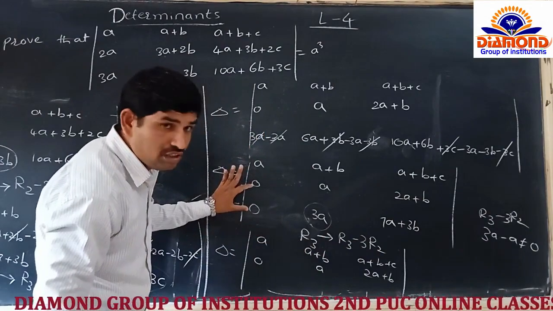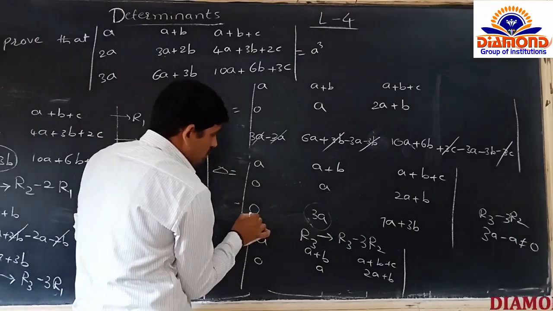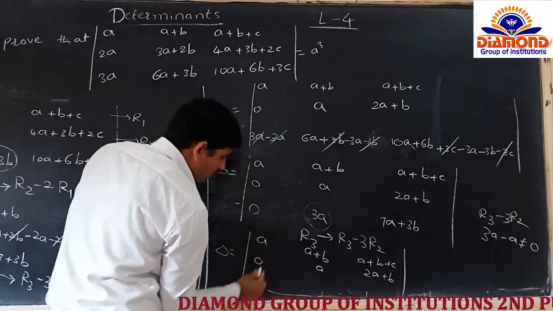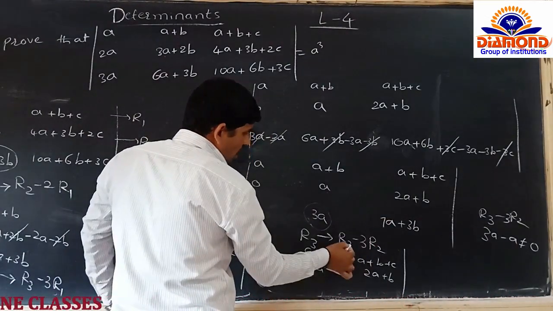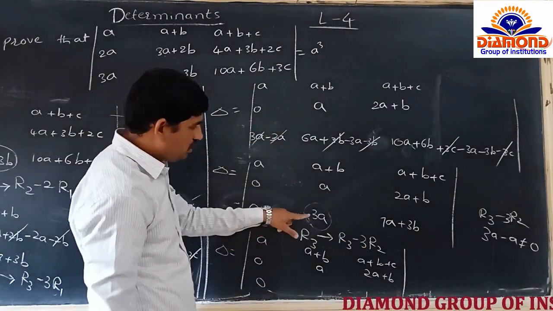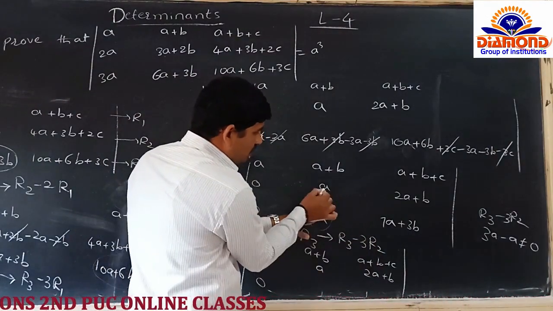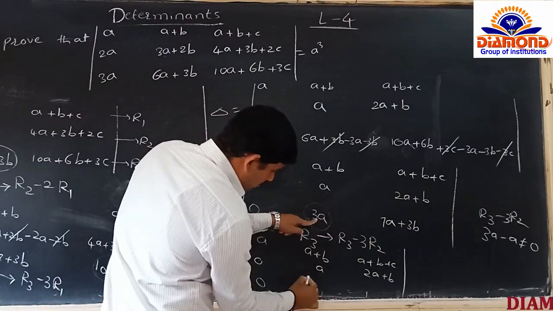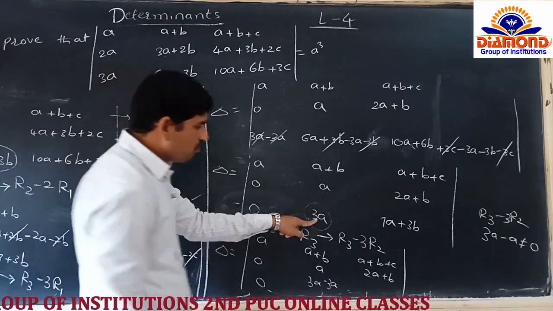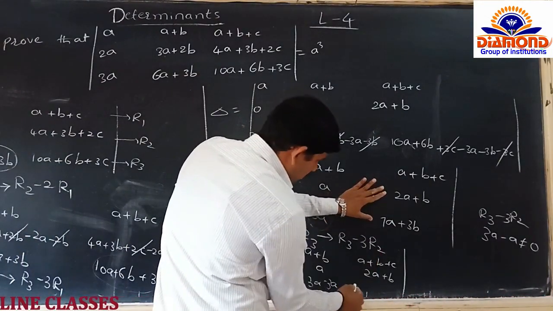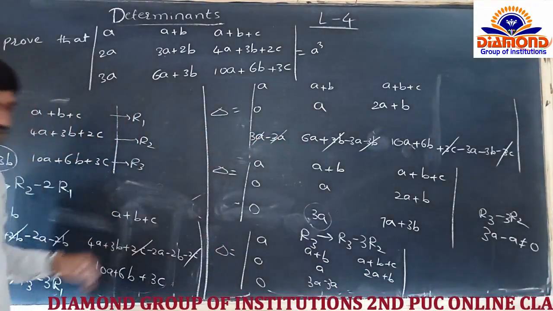Yes, we have to observe these two places, 1, 2, 3 like this. Now R3 is 0. Yes sir, 0. R2 also 0. 0 minus 0 is 0. Completed now? Next one is again R3 minus 3 into R2. R3 is here 3a, minus multiply with 3 for R2, that is 3a. So 3a minus 3a. Completed now? Next, the last one. This is actually 7a. I will write the total step here.